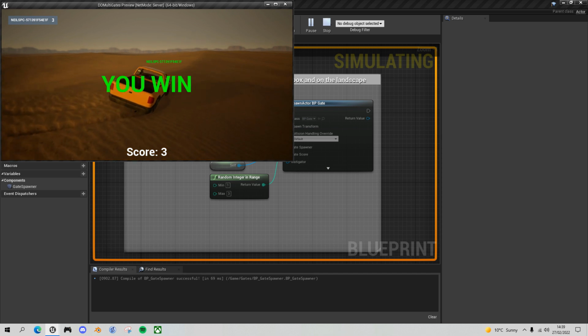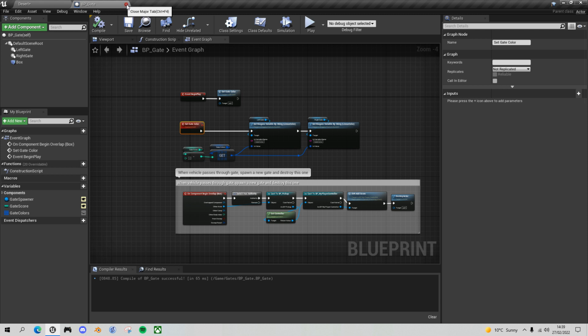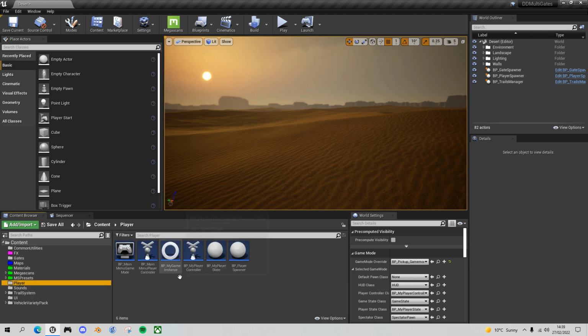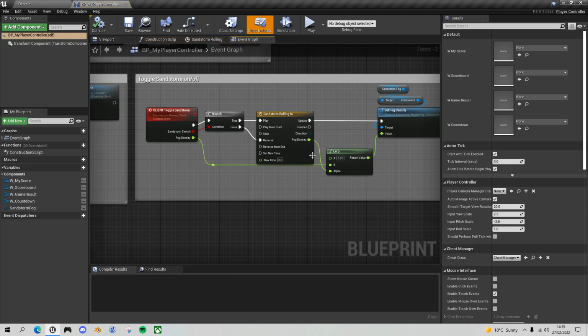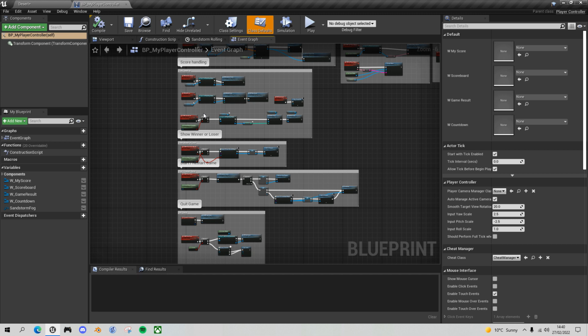What we want to do is take this gate score and add that to the player's total score. So that should be fairly straightforward. If we close down these gate spawners and gates, because we've finished with those, let's look at the logic for adding the score, which I believe was in player controller. So if you go to your players folder, open up BP My Player Controller, and find the section on score handling,